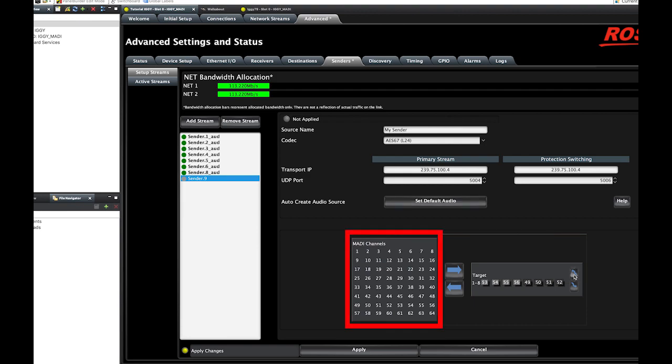Here, the box on the left shows all the available MADI channels, and the target box on the right shows how MADI channels will be mapped to this stream currently being edited. You can add a number of streams, but with this version of IGI MADI, a source channel on the IGI can only be used once in an active sender stream, so when you add a MADI channel to a stream, it is no longer available to add anywhere else. You can put it back by using the left arrow.